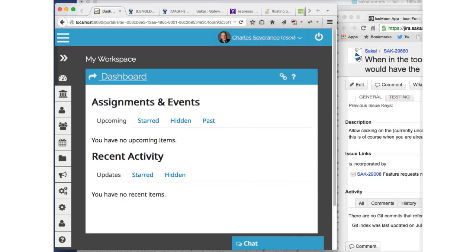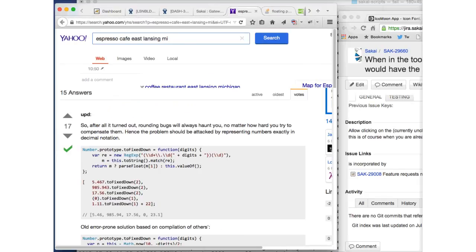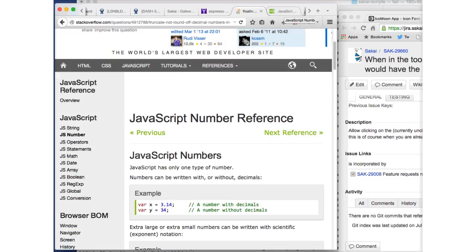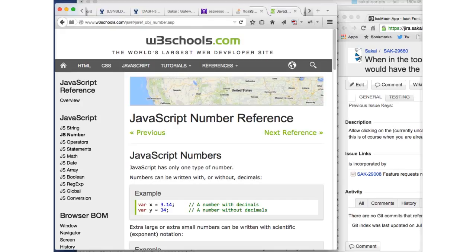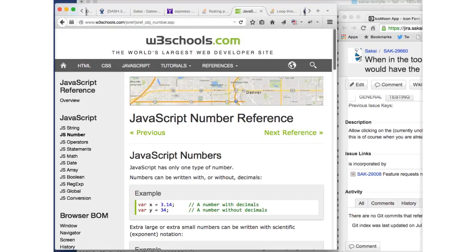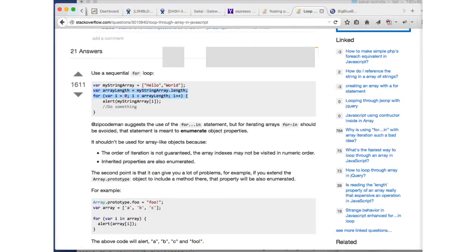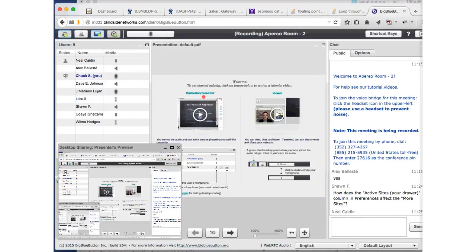Okay, I'm done. Okay, I'll give back presenter. Oh, look at that. That's a little squiggly 3. Oh, no, that's just the icon. I was reading JavaScript code. Never mind. Okay, I'll give back presenter to